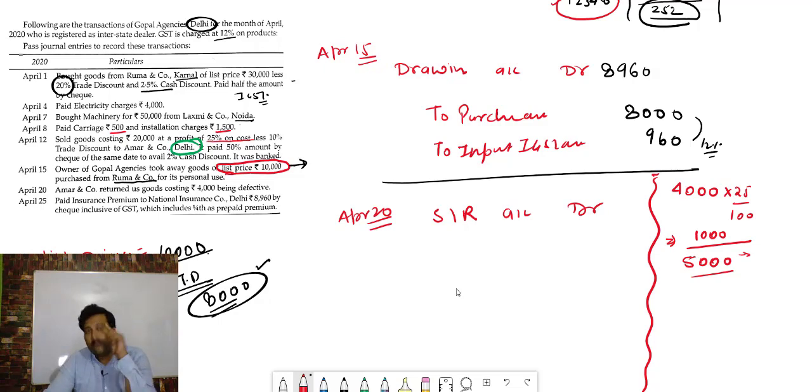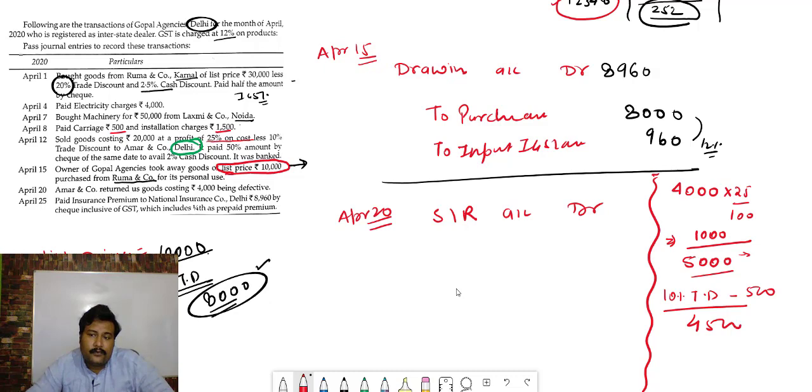At that time 25% profit was added, so this time also after adding 25% profit the list price is 5,000. And as we know, in the transaction, list price will not be recorded because at that time 10% TD was deducted. So we deduct TD again. It is how much, bacha? 500. So the value of sales return will be 4,500. So we will record here 4,500.